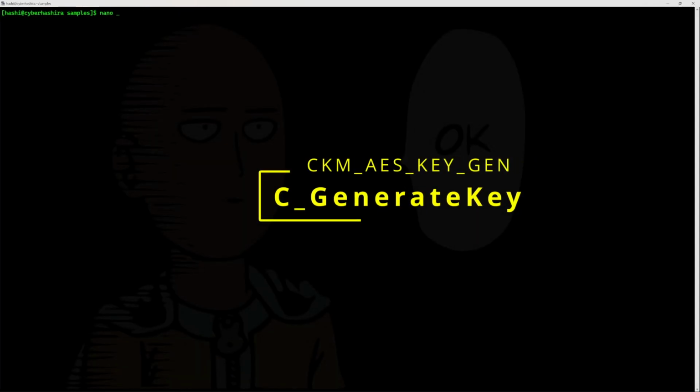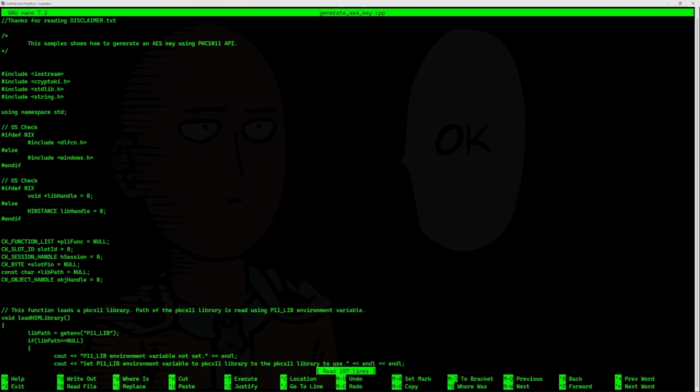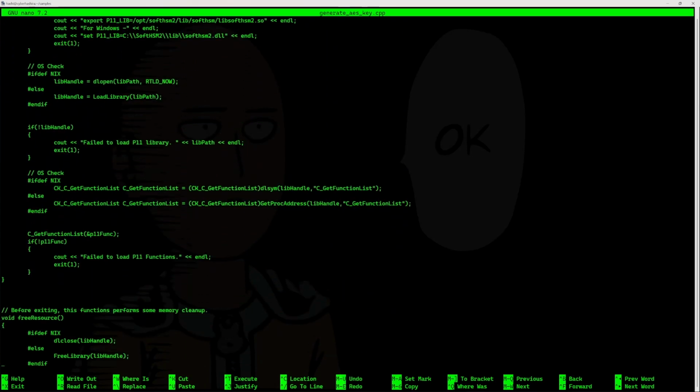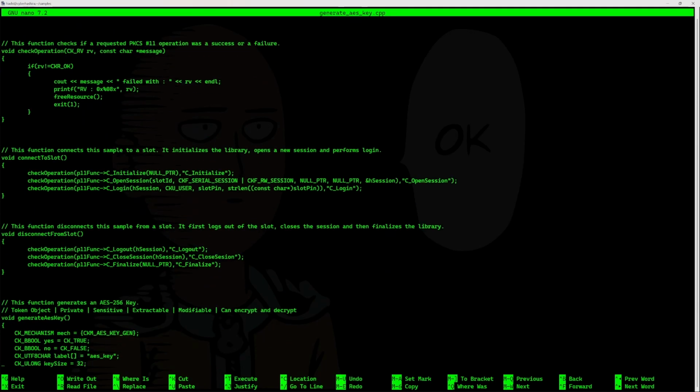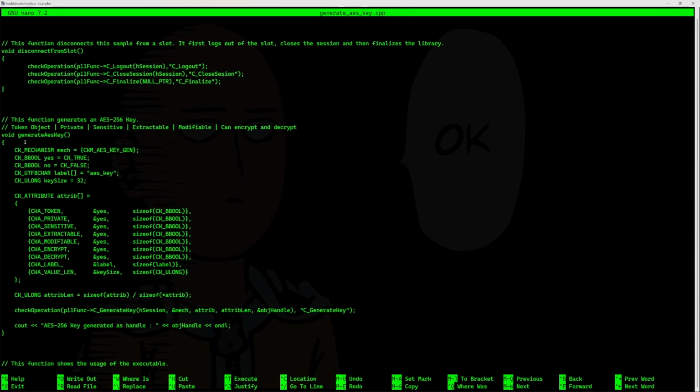The next sample we are going to look at is generate AES key.cpp. This sample is the same as the one that I used to generate a des3 key. I'm just going to show you the changes that I've made. Everything is the same, and here's the function I will use for generating the AES key. The key that I will generate will have the following properties. It's going to be a token object. It will be private, sensitive. I can extract it, I can make changes to the key, and I can use that key to encrypt and